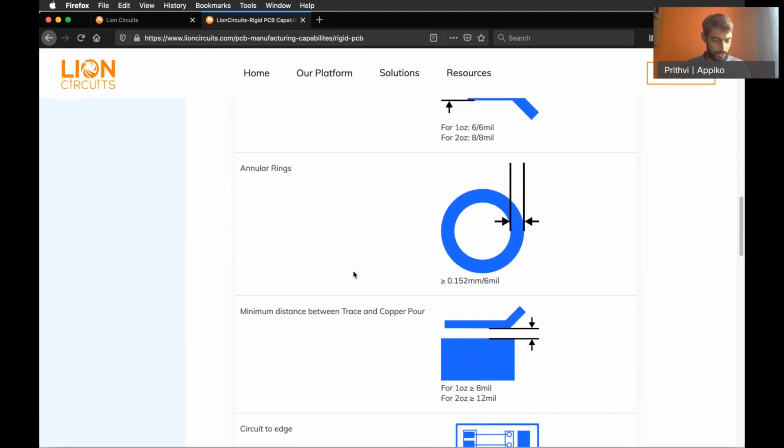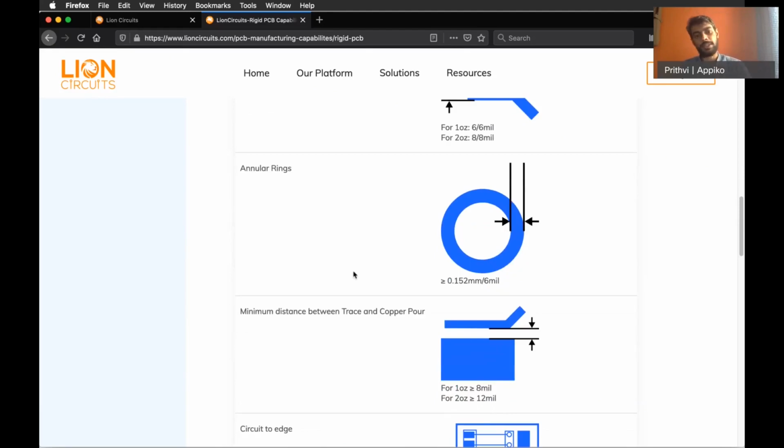So these are commonly used for vias. Vias are the structures in PCB which allow signal and data to be transferred between layers in PCBs.